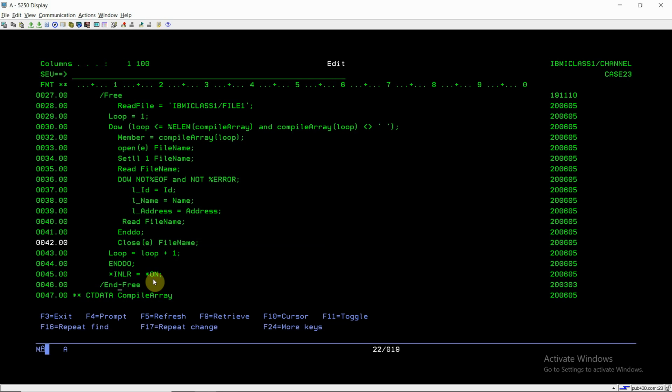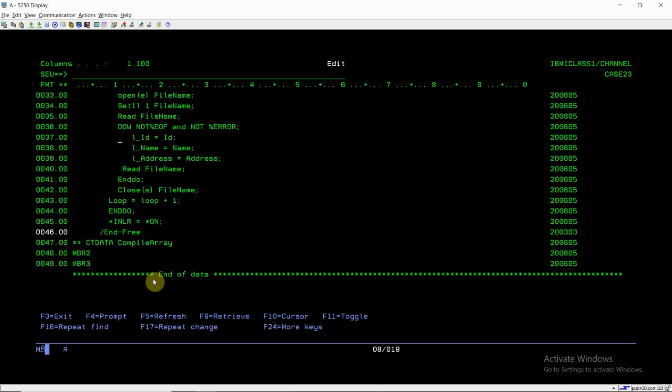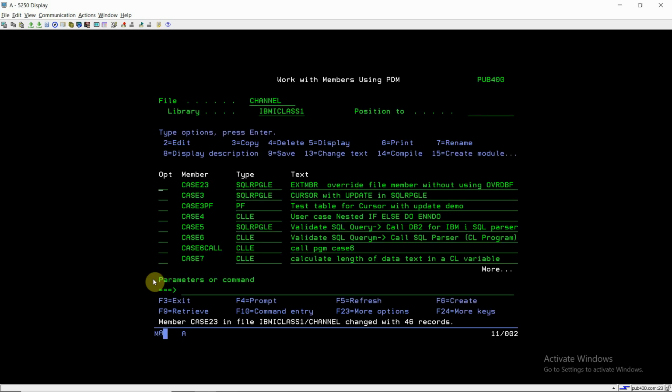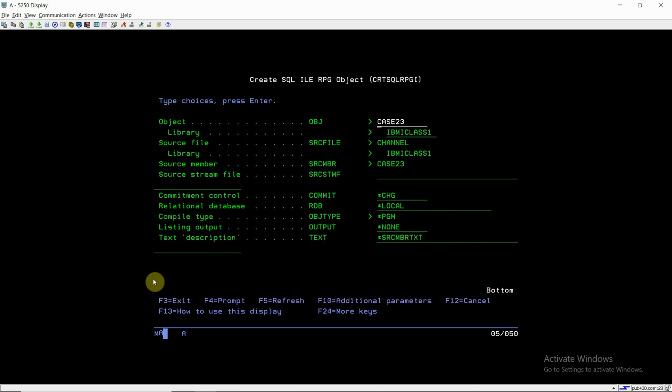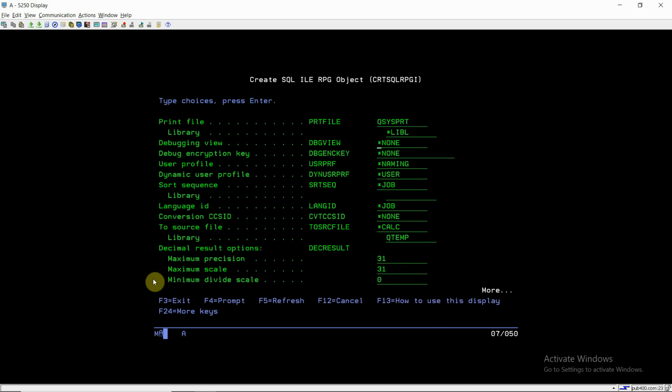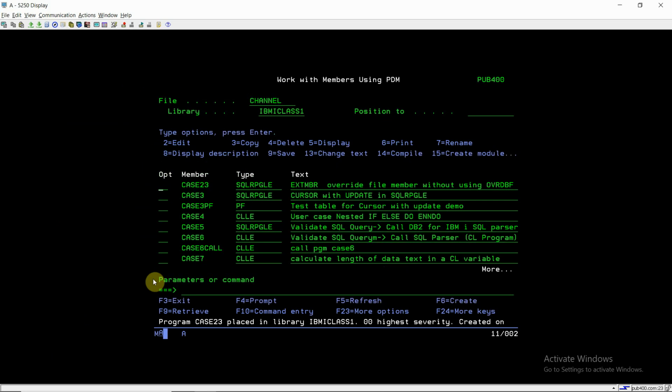Now just compile this program. Take option 14, F10, page down, page down, page down, just to compile it with the *SOURCE.